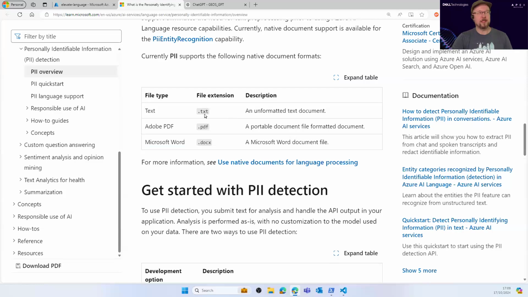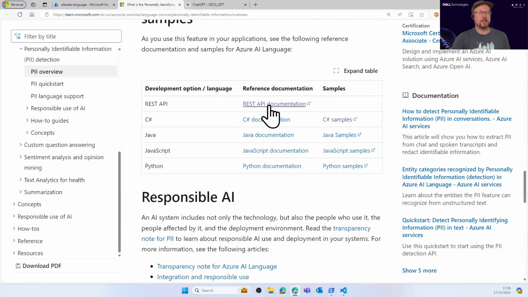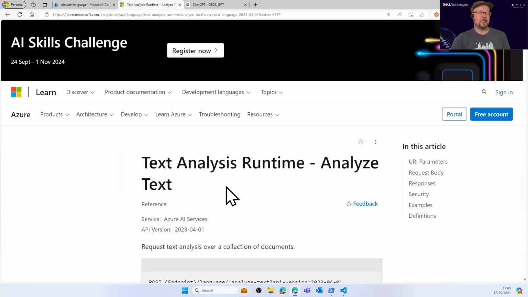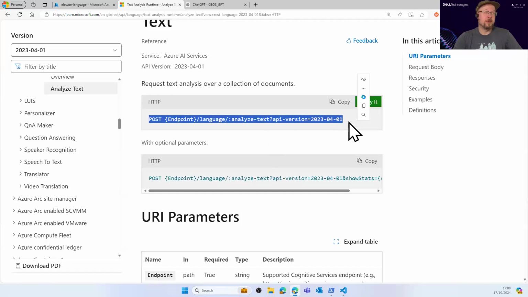The most common ones you'd expect: text, PDF, docx, and so on. That is good to know. Scroll down a little bit and we get the REST API documentation there. So that's what we need to be able to build an application around this. Click through to the Analyze Text API, and immediately we get the POST endpoint that we need